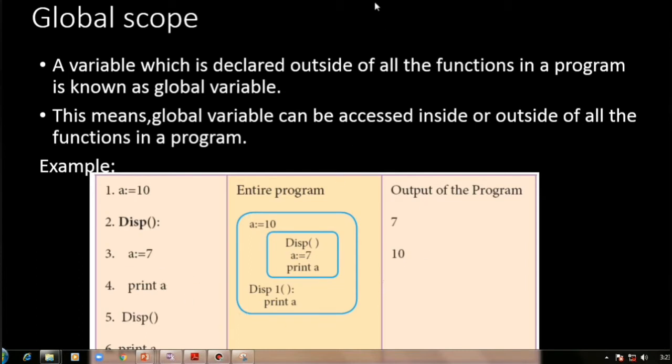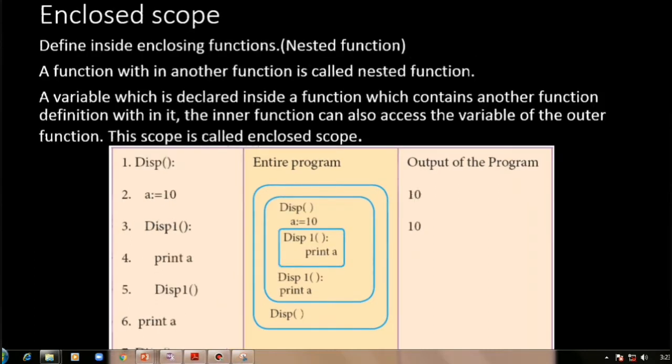Okay, next we see what is meant by enclosed scope. Enclosed scope is defined inside enclosing functions. Here the variable can be defined inside the enclosing function. We already know the term nested function. A function defined within another function is known as a nested function.